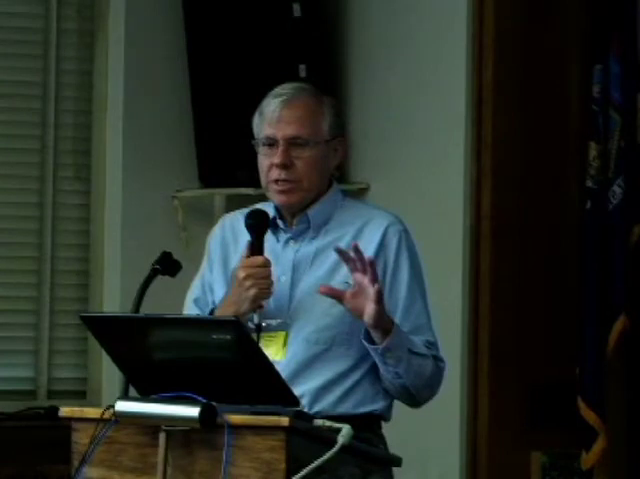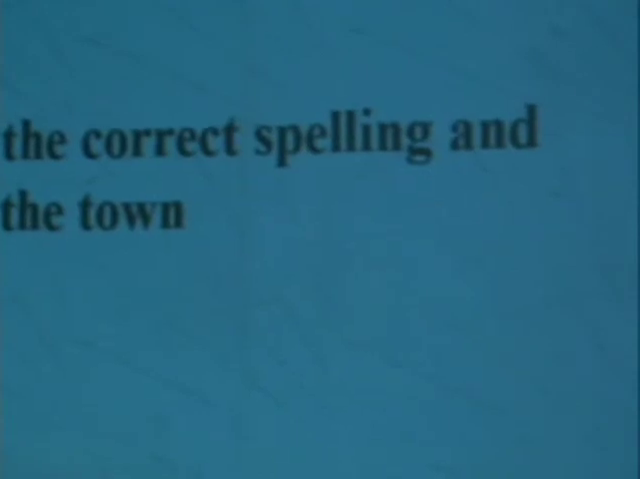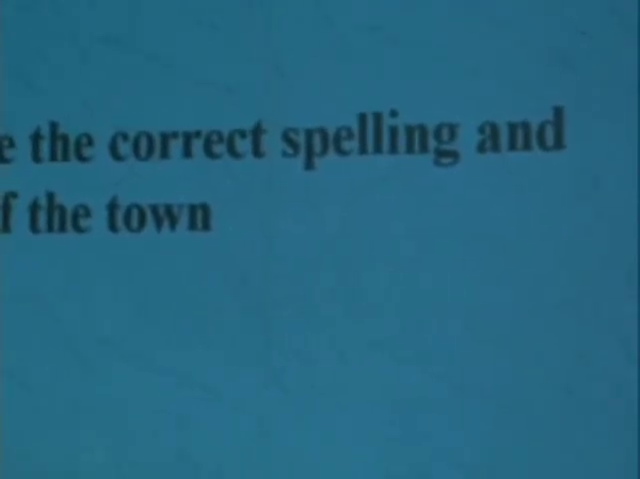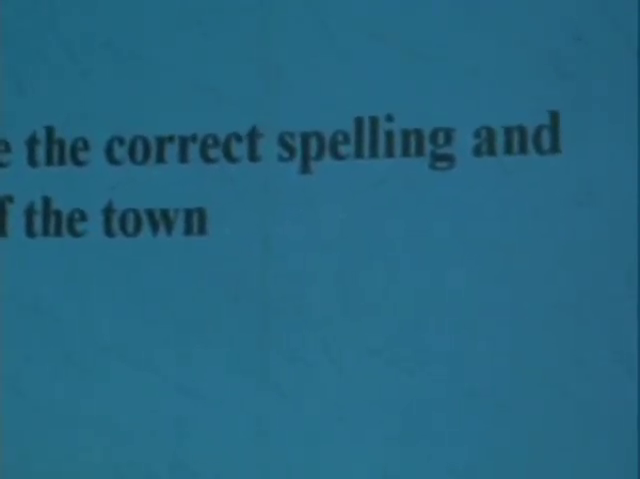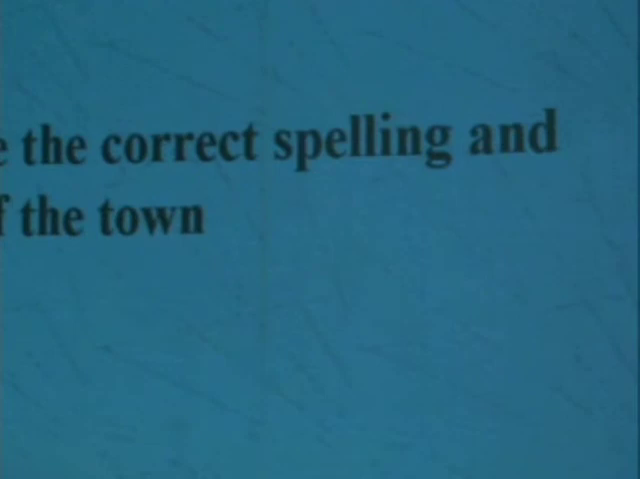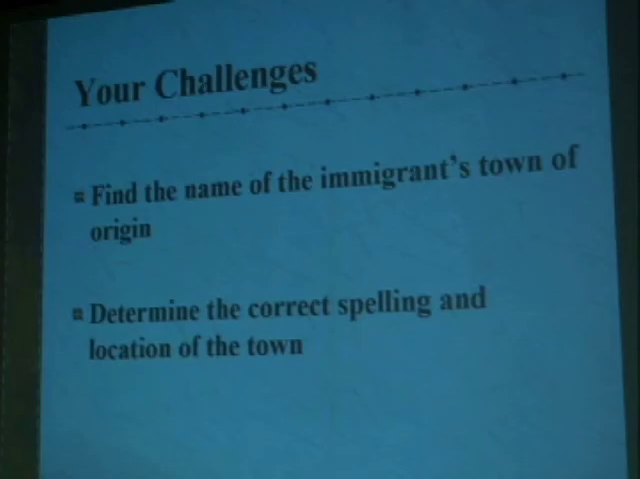So, problems that you will encounter. But I want to be optimistic because you can overcome these, and it's a matter of just acknowledging that these problems might occur, and then you can deal with them when they do. So, challenges in this kind of research. One is to find the name of the immigrant's town of origin, and also illustrate some of the kinds of records that you can look at to try to find this. And then, secondly, once you have the name, determine the correct